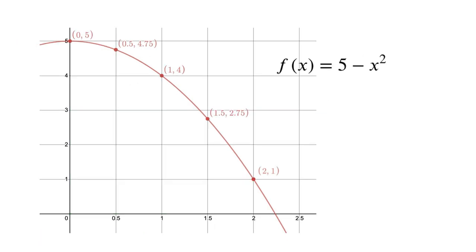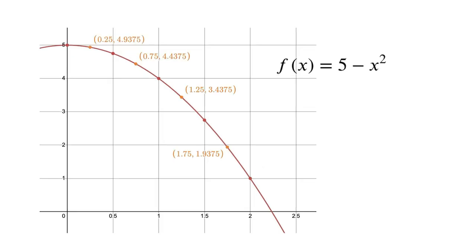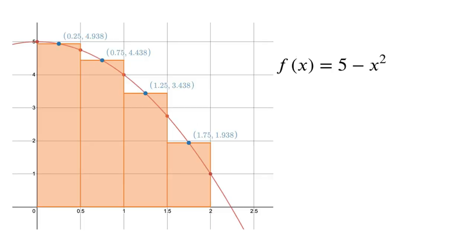But our rectangles don't have to just be drawn from the right side. We did a left sum and a right sum, but that's not the only type of rectangle we can draw. As a matter of fact, if we take these points and shift them just a quarter of a unit to the right, we can end up with these values that are going to create what I call middle rectangles. They look like this. And a middle sum we're going to calculate exactly the same way, except we're going to find the values of these middle coordinate pairs. Now, folks, I don't know if you missed it or not, but this is just me simply plugging in